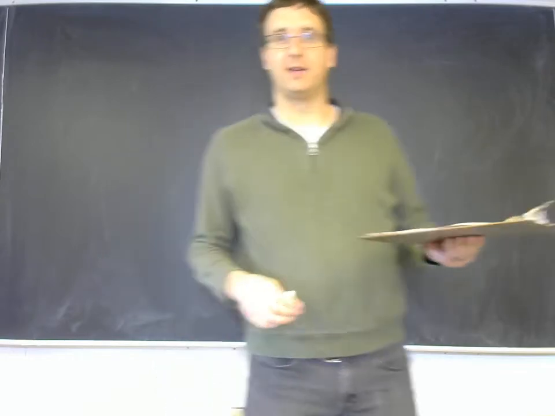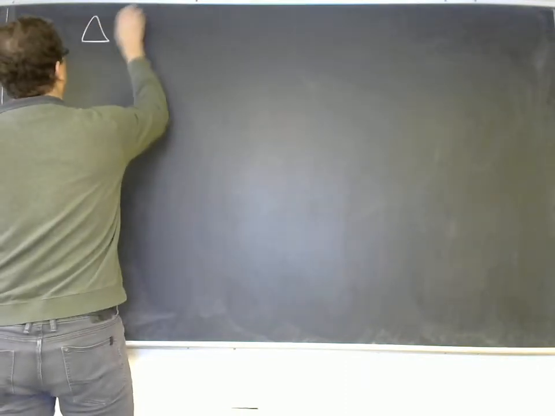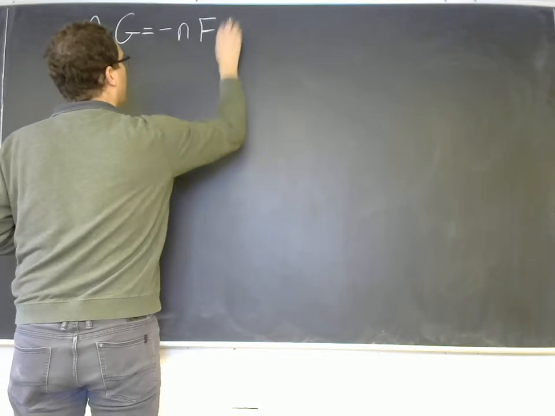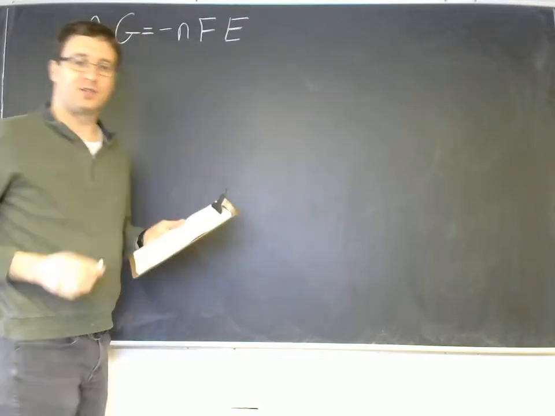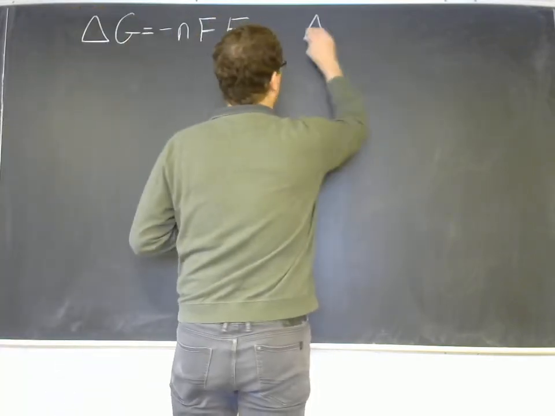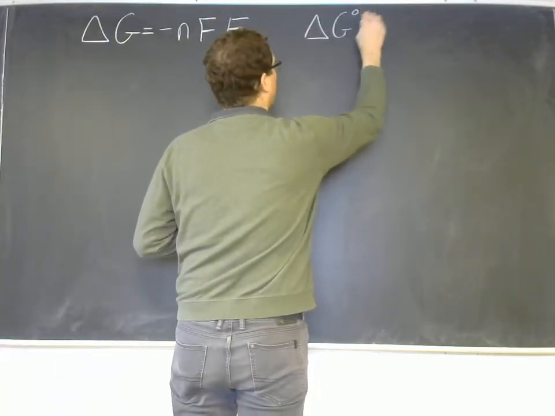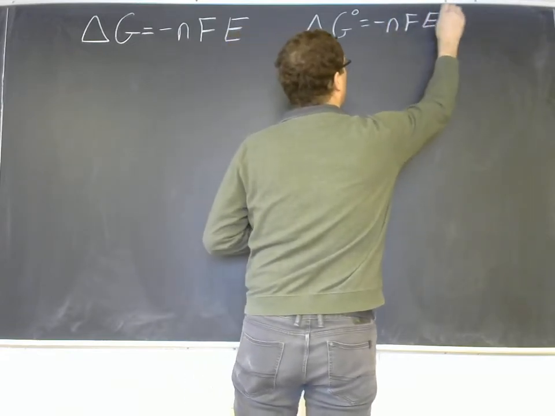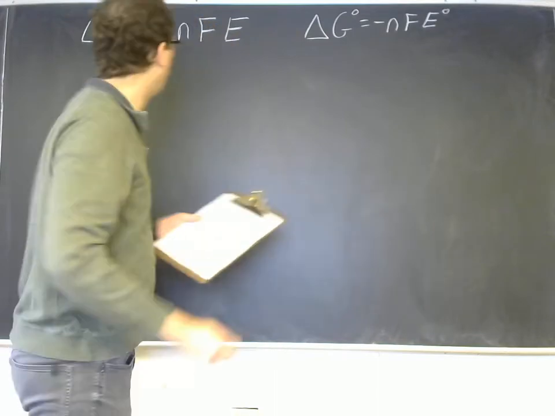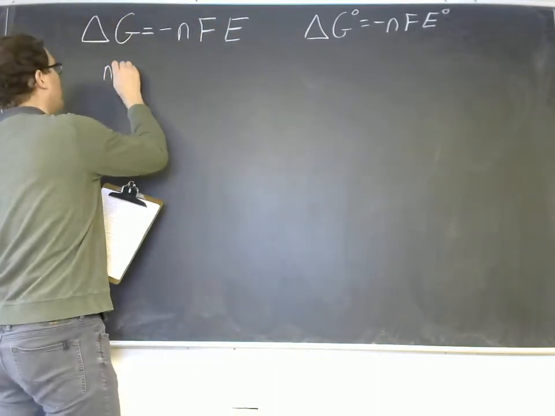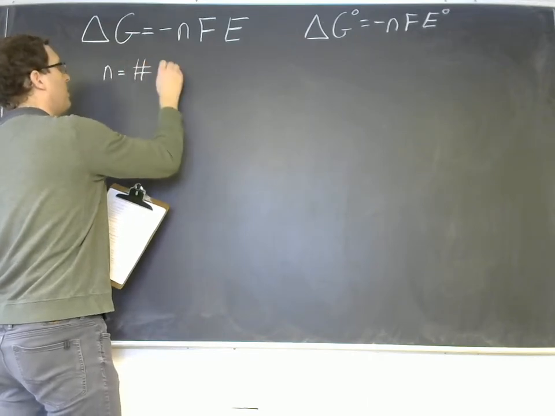That is, delta G is equal to negative nFE. That's under general conditions. And then of course under standard conditions we could just say delta G naught is equal to negative nFE naught. So what are the n and the F in these equations? n is equal to the number of electrons